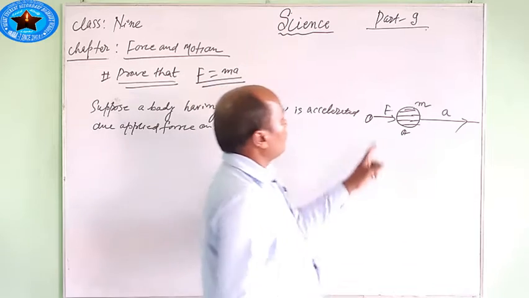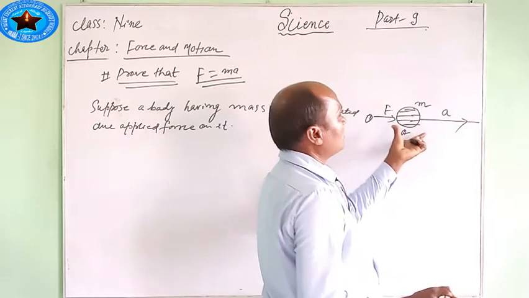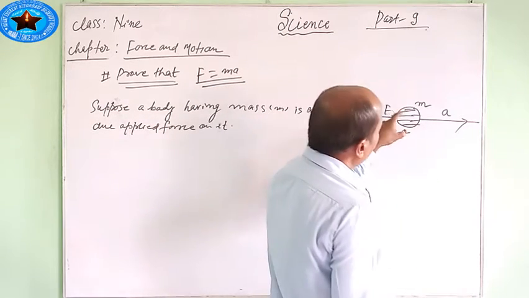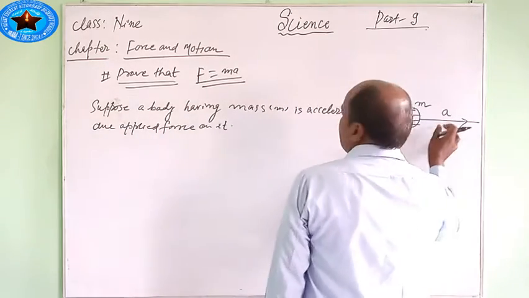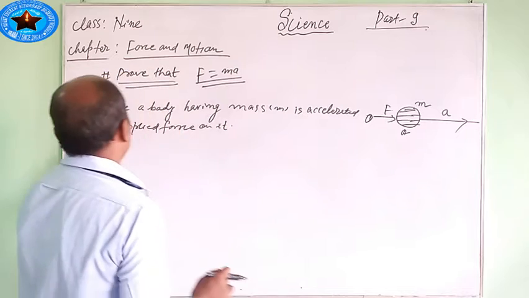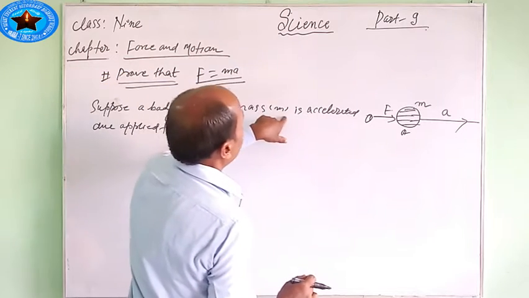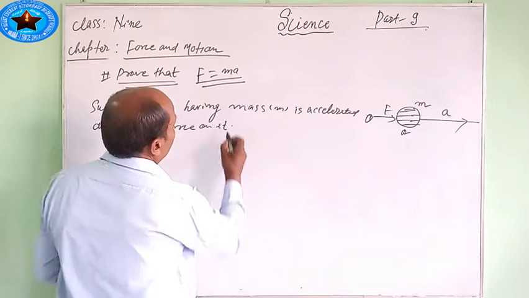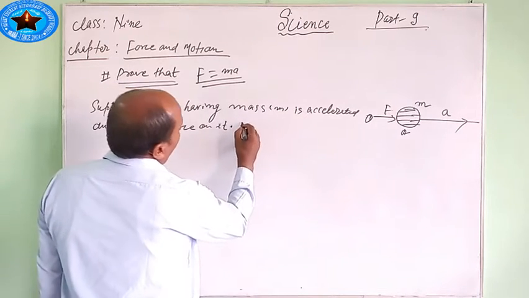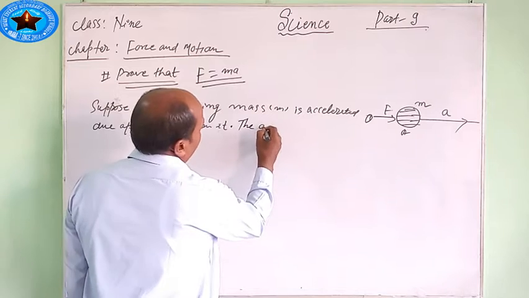It means when a force is applied on this massive body A, the body accelerates. Suppose a body having mass m is accelerated due to the applied force on it. Means the acceleration